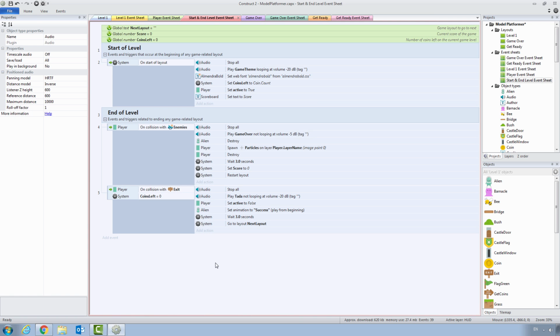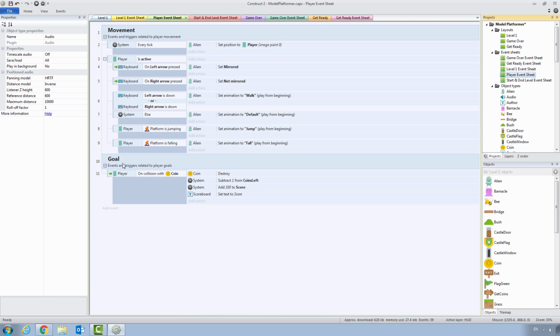What about when the player picks up a coin? Let's go to our player event sheet. Under goal, this is our event block that handles when the player collides with a coin. We're going to do something really similar. We want to play the pickup sound, but we want to leave all the other sounds running, so we're not